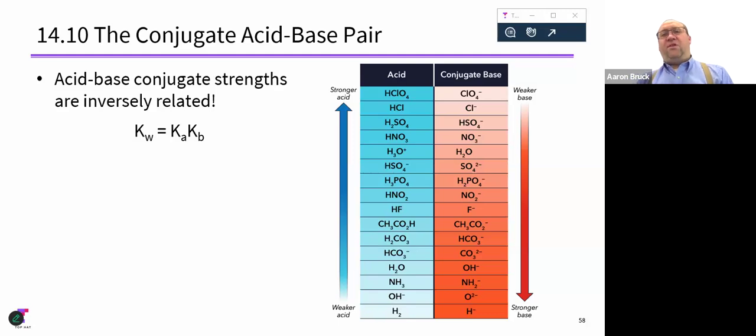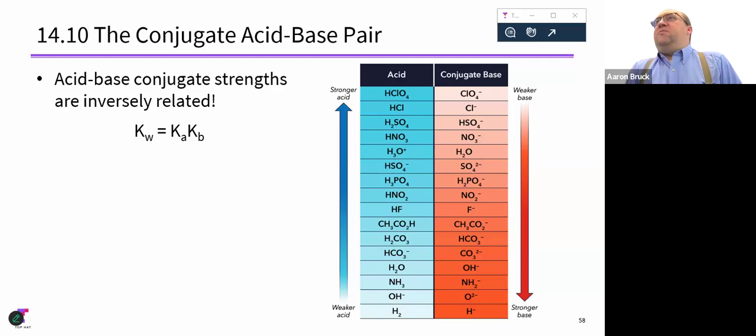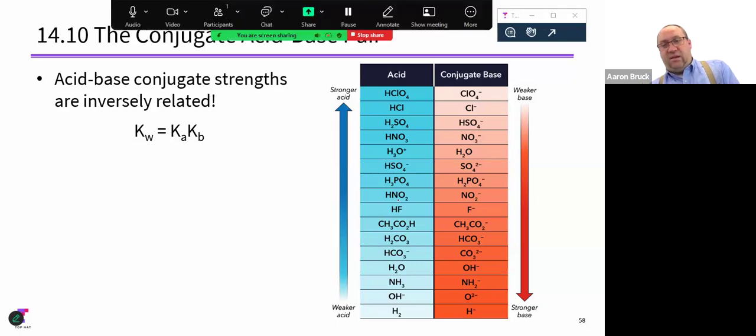So piggybacking off of what we talked about yesterday, here's hydrochloric acid on the scale. We would anticipate that hydrobromic acid, because that bromine atom is larger, is actually stronger than hydrochloric, which means that the bromide ion is an even weaker base than the chloride would be. So which is a better base, the fluoride ion or the bromide ion? It would be the fluoride ion. The weaker the acid,